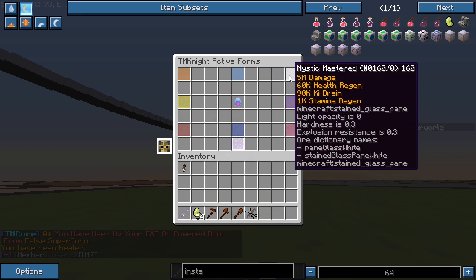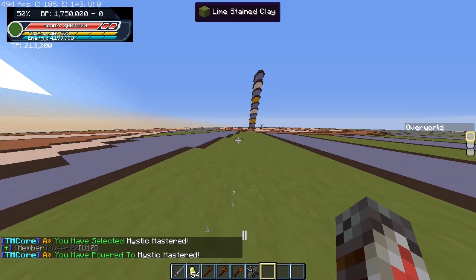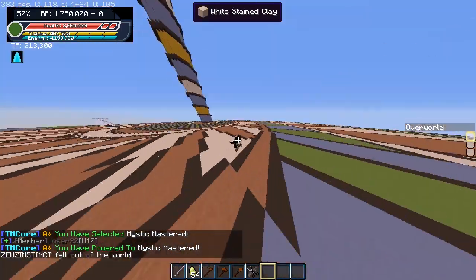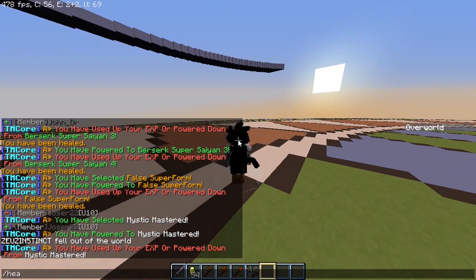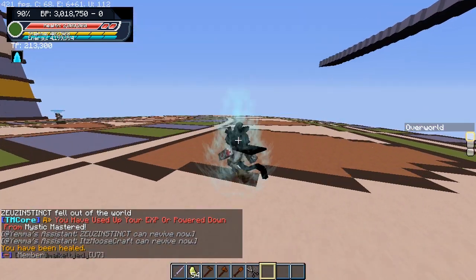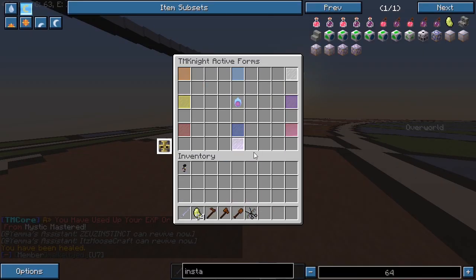Let's go to, I don't know, Mystic. Mystic looks pretty cool. I like the particles. But you gotta go fast, you know? Gotta go fast. I should power up my key. And let's heal. And now, yeah. Now, also, let's go to...